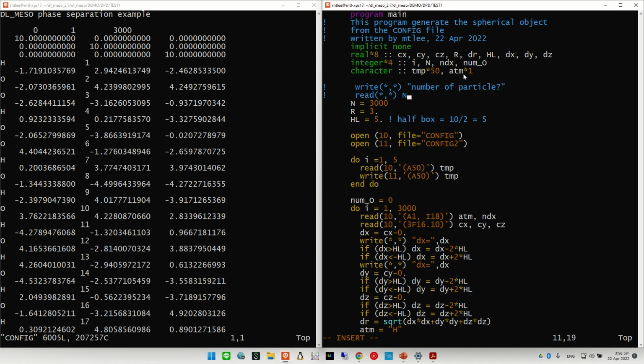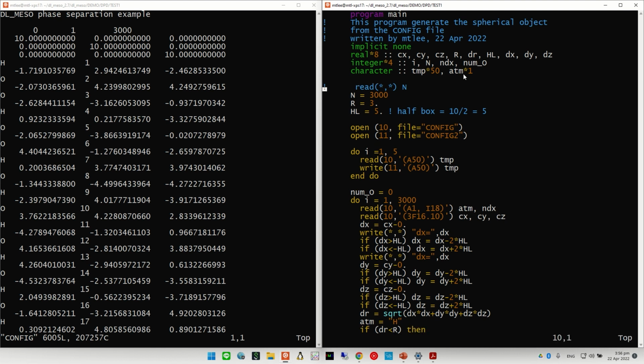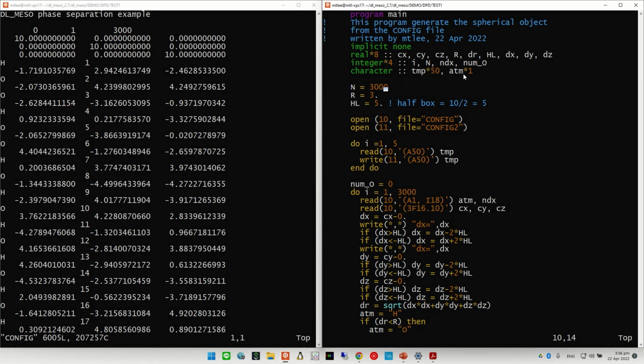At the beginning of the simulation, we set the number of particles. We have 3,000 particles in this simulation. You always add a comma after these parameters when you assign them. So n is the number of particles.